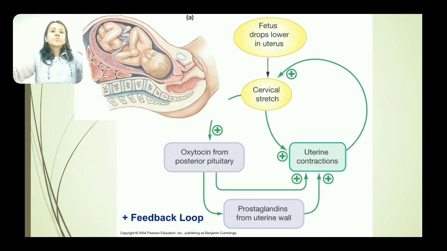Next is parturition. You can see here. During parturition, the baby's head stretches the cervix of the uterus, and when the cervix is stretched, impulses are transmitted to the posterior pituitary and hypothalamus, and it releases oxytocin, and this oxytocin increases uterine contraction, and with the increase in uterine contraction, stretching of the cervix further increases. So this positive feedback mechanism continues till the stimulus is there, meaning when the baby is delivered, the positive feedback loop stops.